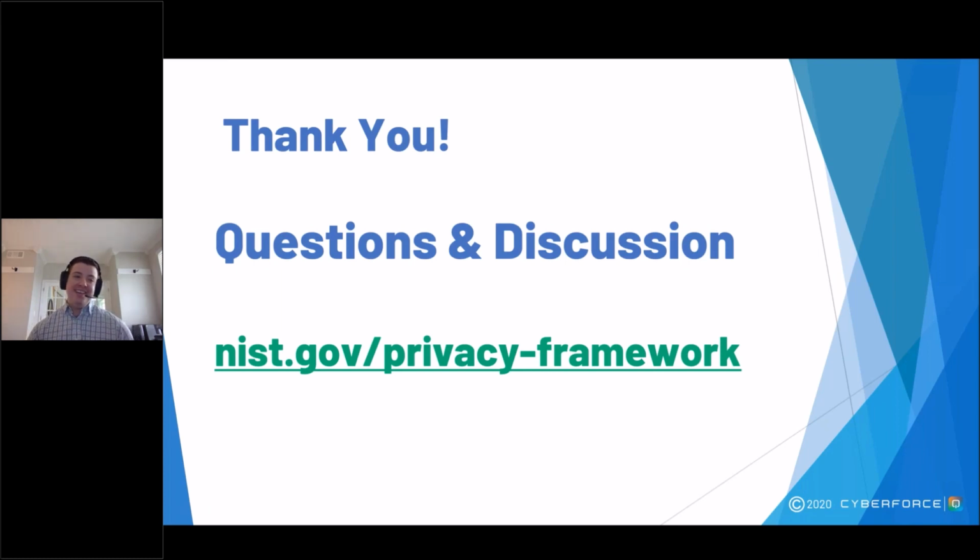Yeah, it's a great question. Personally, I would say that the security framework, the CSF, is the place to start. The reason for that is the CSF can be used to manage privacy. It's not going to be as robust, and it's going to miss out on some things that aren't included. When I had up that graphic of the Venn diagram, there are some things in the privacy framework that are not in the CSF, but privacy is a part of security, and so it is possible to use the CSF to consider privacy.